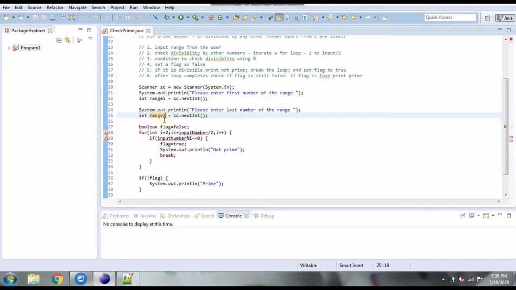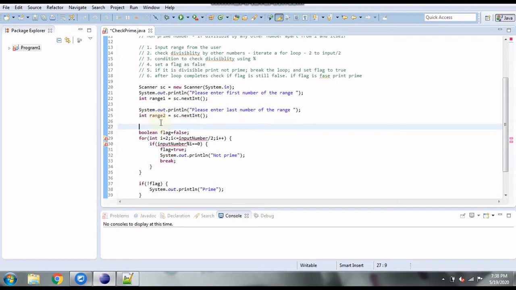So whatever numbers appear in this particular range, we need to loop them all. So our loop will go from range1 to range2. Index i is already in use, so let's take index j. So int j, which starts from range1, so j equal to range1, and will increment up to range2. So the second condition is going to be j less than or equal to range2, and j plus plus. So let's put our logic inside this loop.